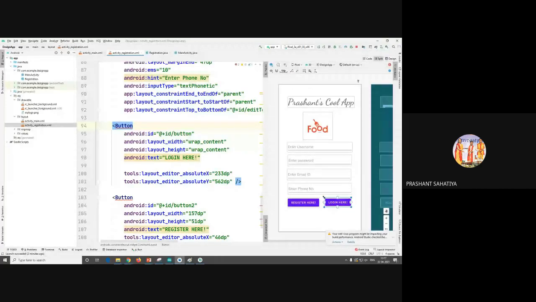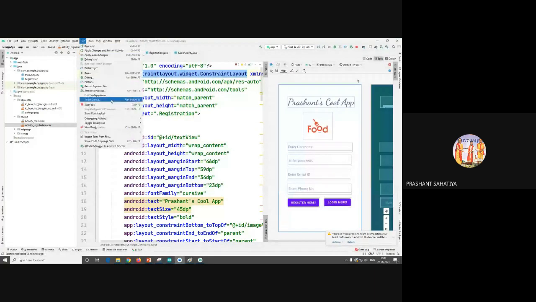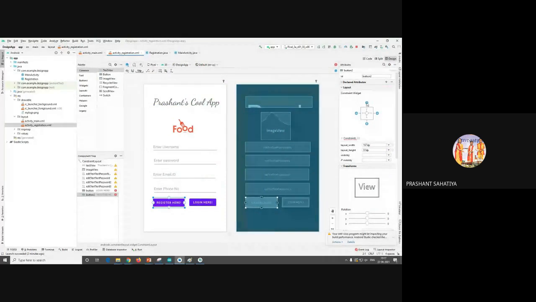I need to set the constraints also, because we have removed the constraints. And let us run.